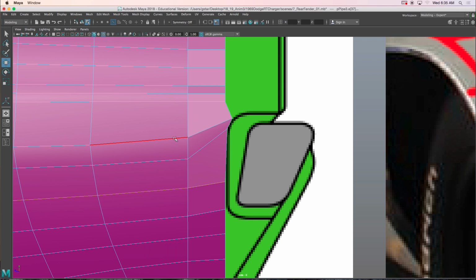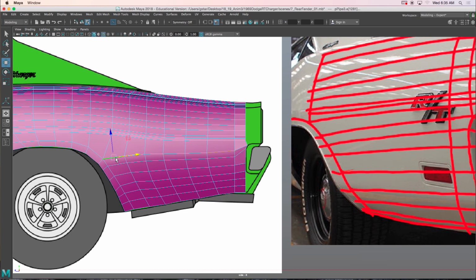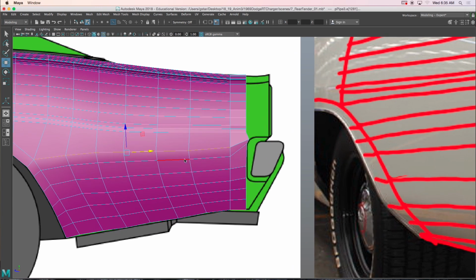And now I can take this edge, hold shift, double click, edit edge flow, click this edge, double click, edit edge flow, that guy, edit edge flow,